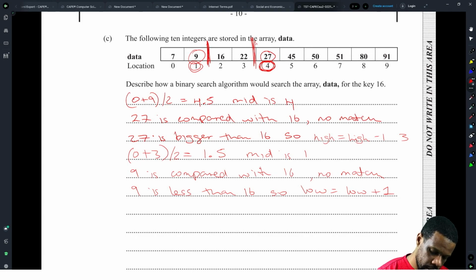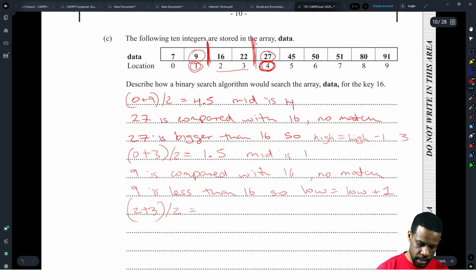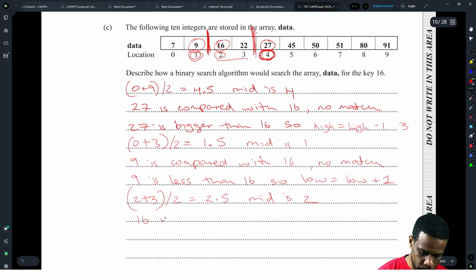Now we have 2 and 3, so we have 2 plus 3 divided by 2, which is 5 divided by 2, which is 2.5. So then you want to say mid is 2. Mid is 2, so we're comparing 2 with 16. So we say now 16 is compared with 16, and we will say match,